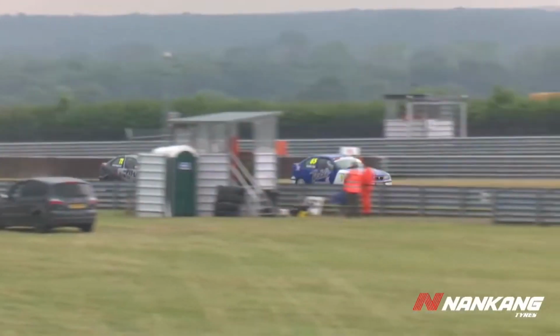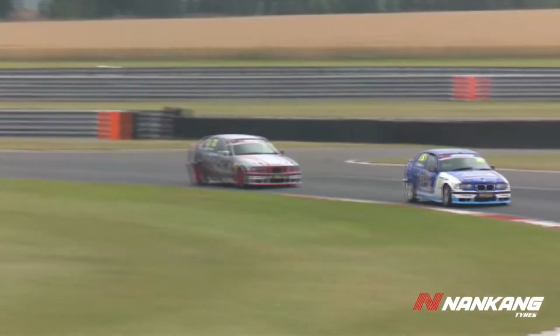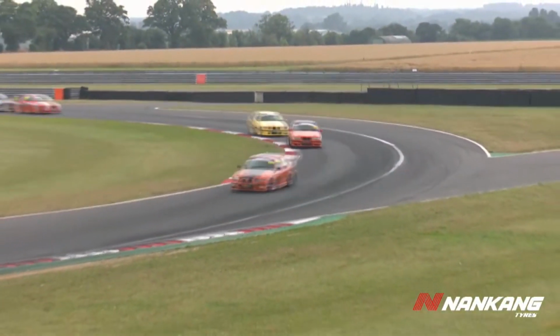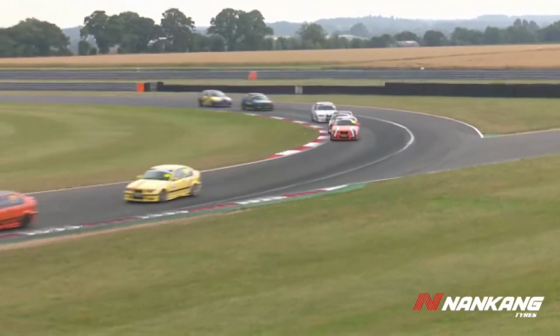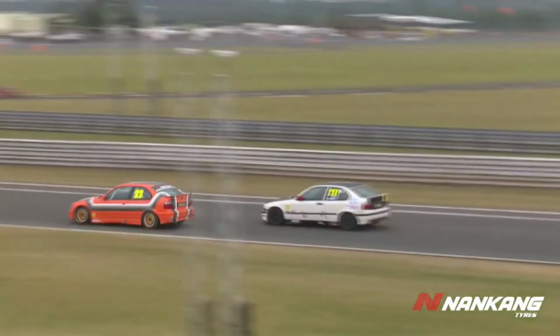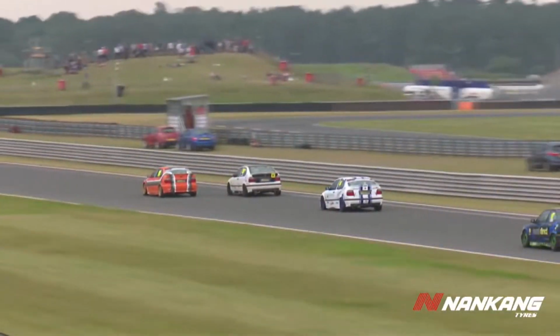There's Jim Barrett, by the way, after his spin, which frightened everyone behind him exiting Palmer's. For the record, he is back in 24th position, so he was up there in 6th at one point after he started 12th, made a brilliant start in the first lap, and it all came undone just a couple of laps later. There's 22 of that